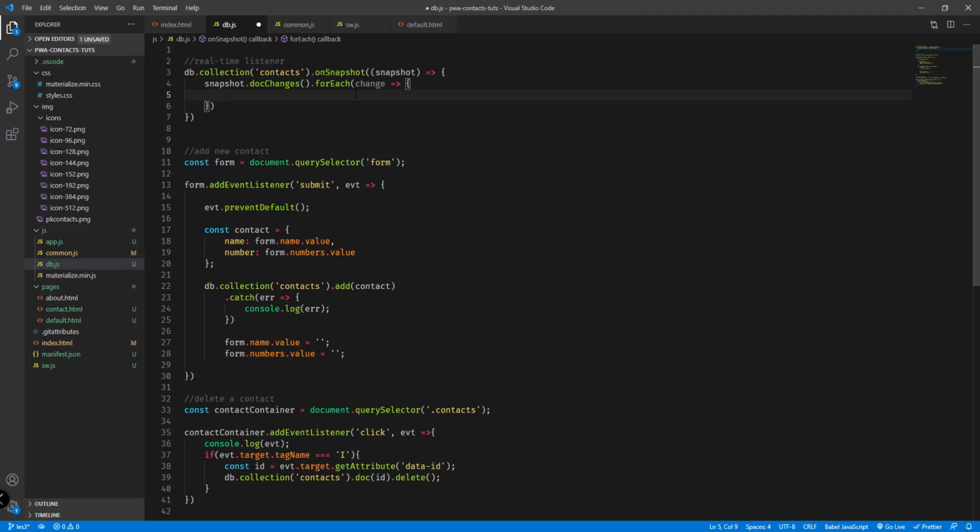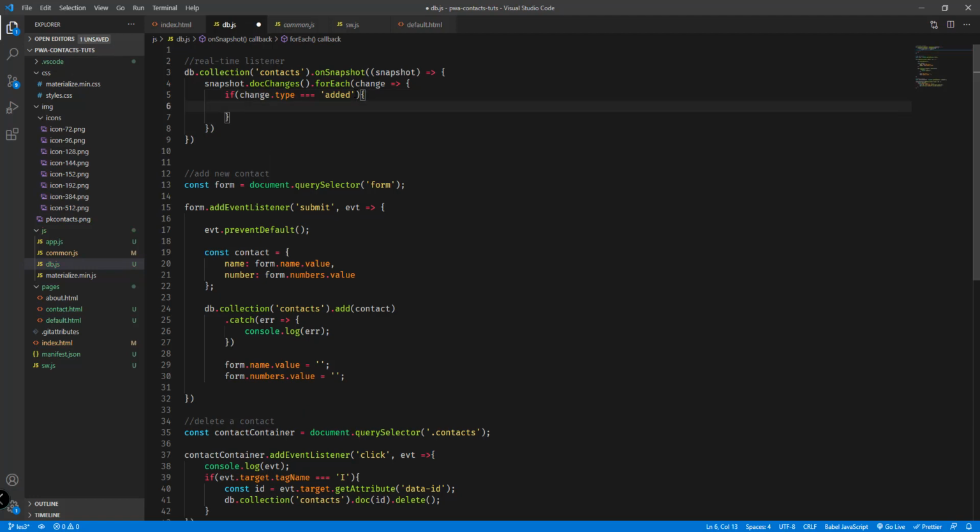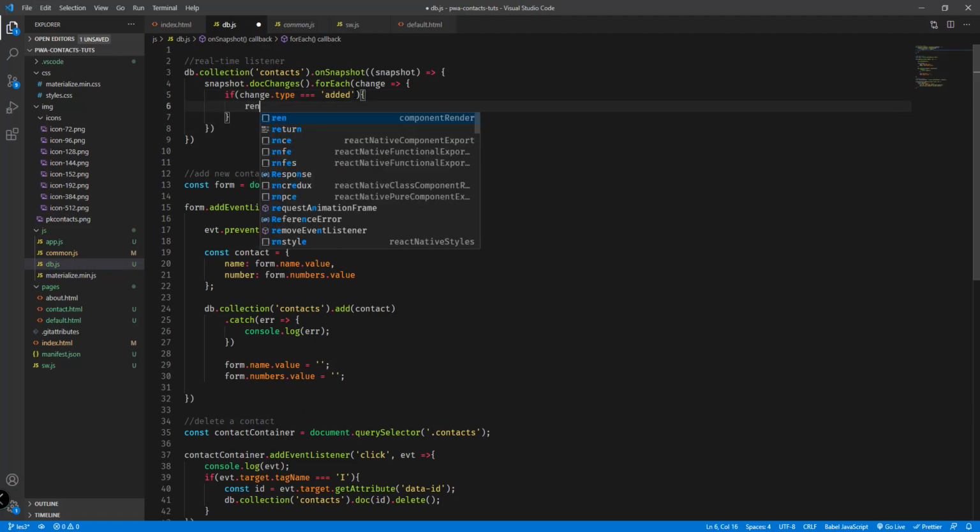So we're going to check if change.type equals added. If the type of change is added, then we could render